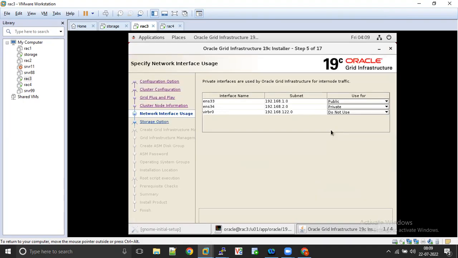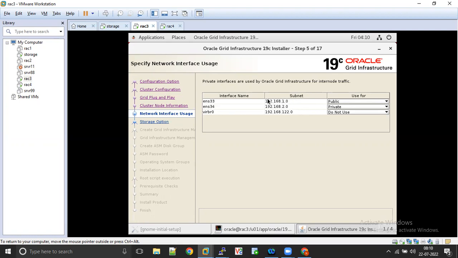Okay, now it is showing the information related to public and private. You can clearly see this is the network interface or net Ethernet card. Whatever it is saying, these are called network interfaces. This is the interface ENS33 related to public. You can see the subnet